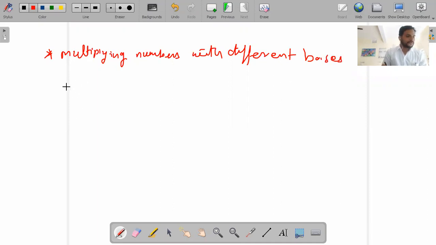So let's have an example. Multiply 85 by